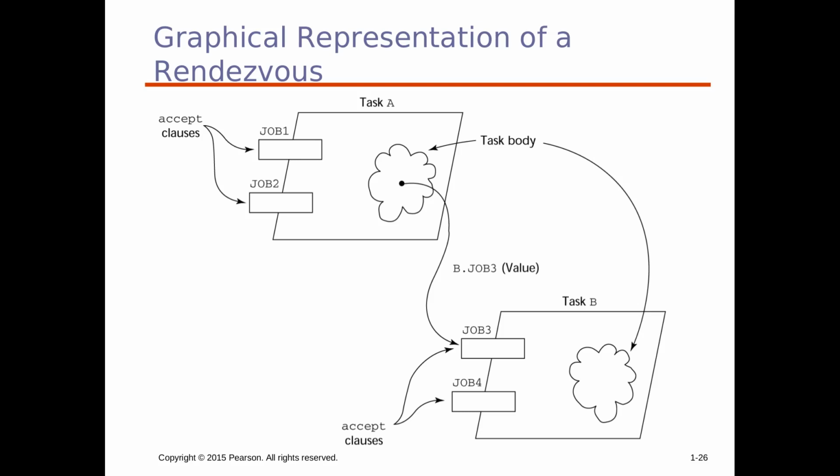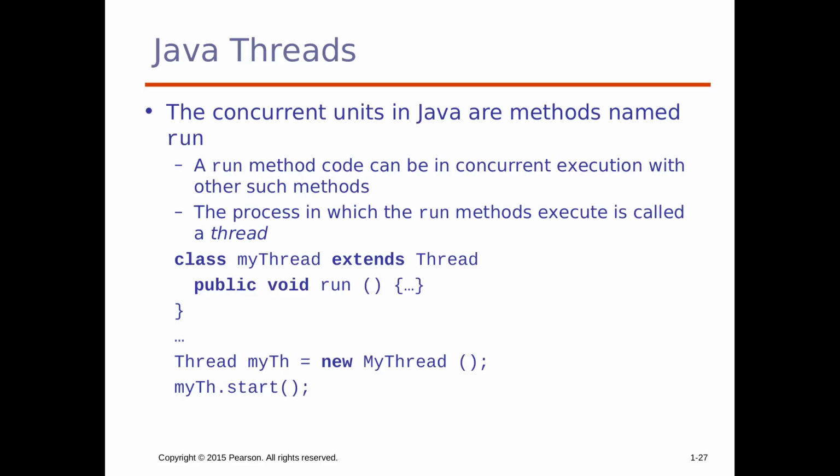On the other hand, if there is something waiting, then task A will wait on accept until there's an opening for it, and it will go into job 3, and task B will process the value that was provided to it from task A. Okay, so I would say that essentially the Java system is more like message passing with monitors. But anyway, in Java,